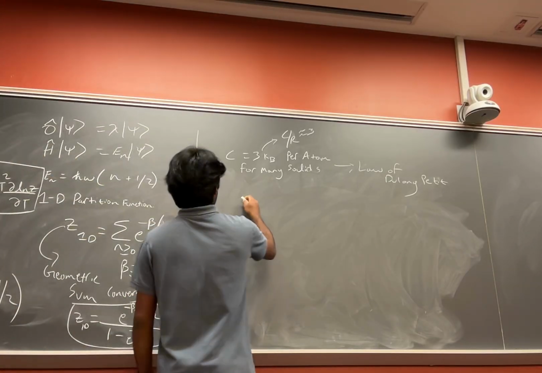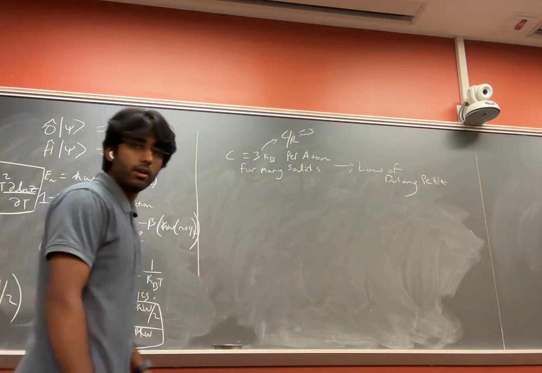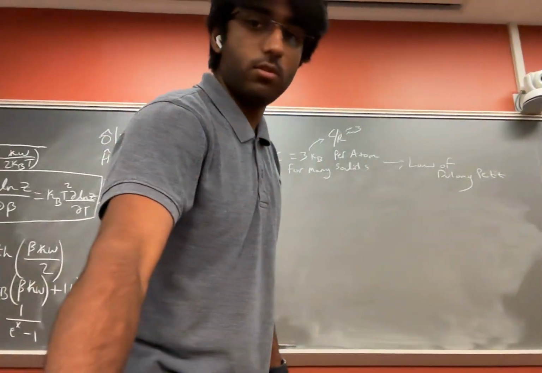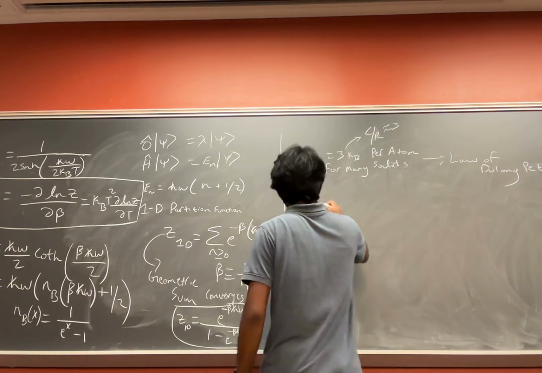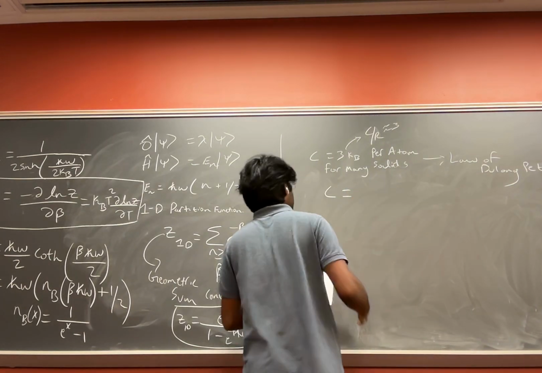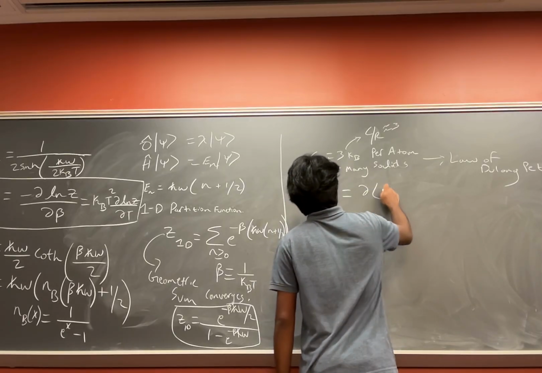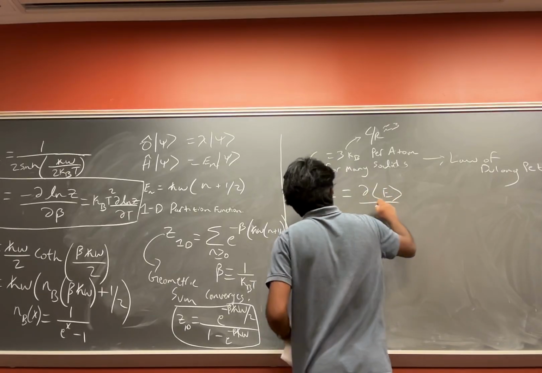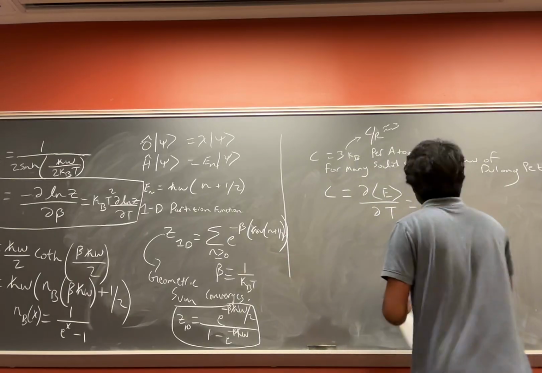Now that we have the expectation of energy over there, we can just simply find the heat capacity by differentiating the expectation with respect to temperature. And when we do that, we just get